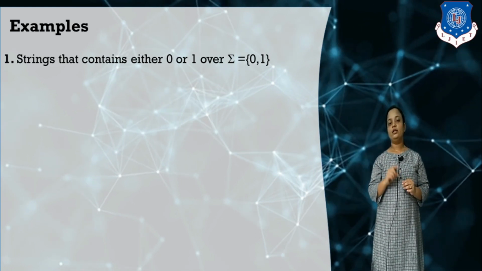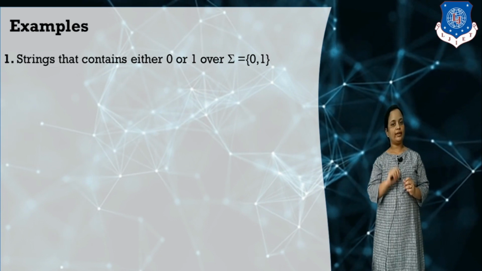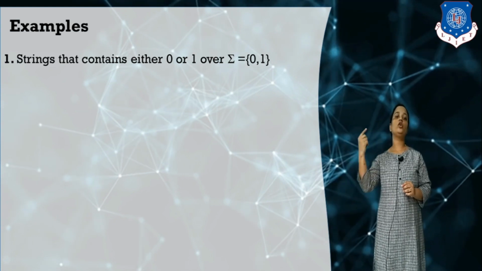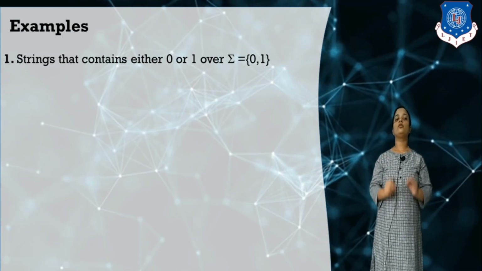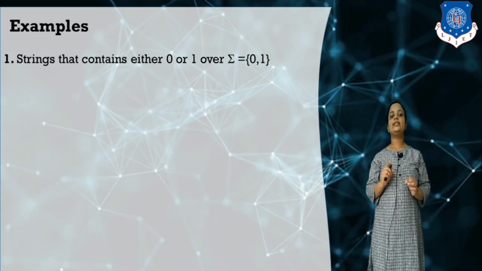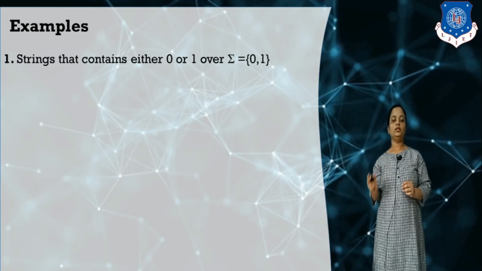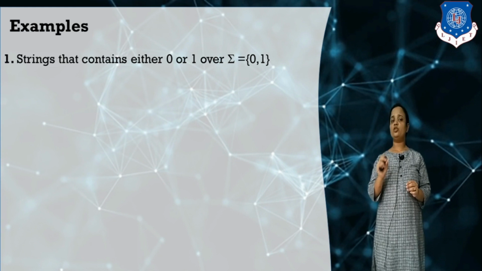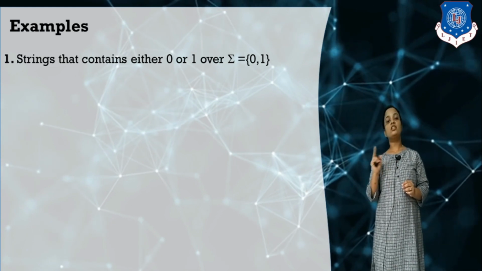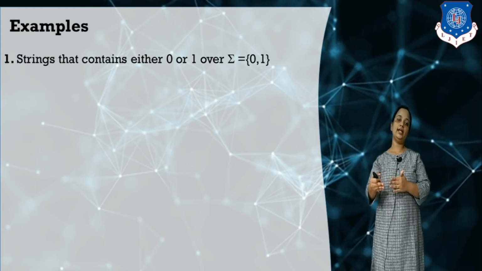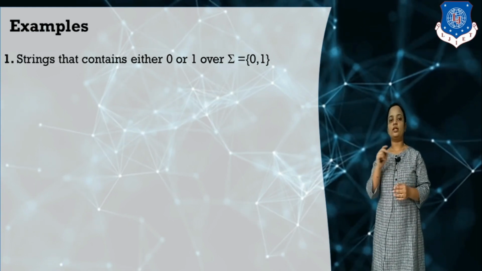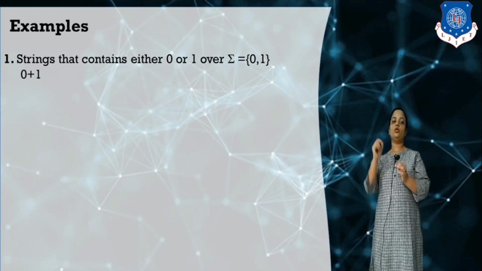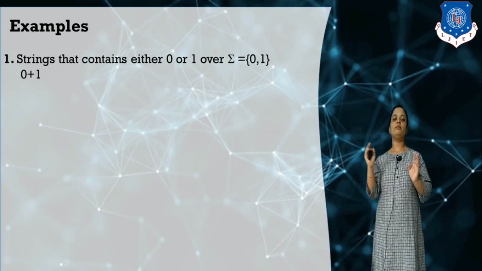Now understand, the language contains only two strings, the first string is 0 and the second is 1. So whenever you are going to write a regular expression, always think about the valid strings. They said only two strings, 0 or 1. So 'or' means either 0 or 1. Whenever 'or' appears between the symbols, we express it in a regular expression by the plus, like you can see here. This is the regular expression for this language: 0 plus 1. In place of 'or' I have put the plus between these two symbols.